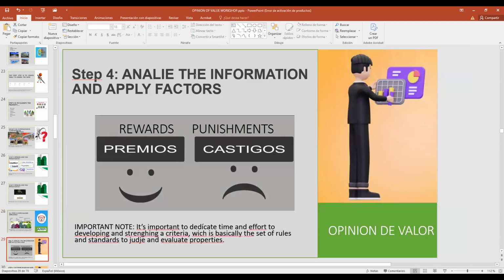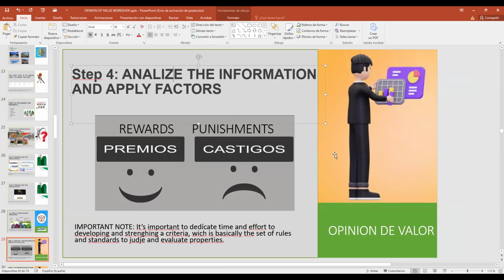Step number 4 is to analyze the information. All the information of your investigation, you need to analyze. And how can you analyze? In the tables, I said.